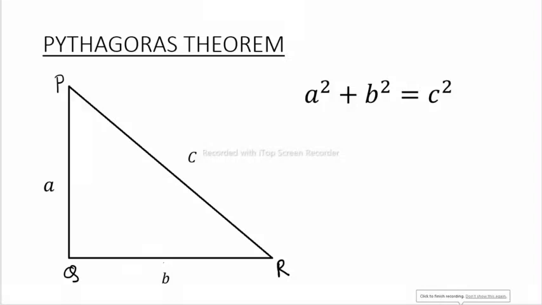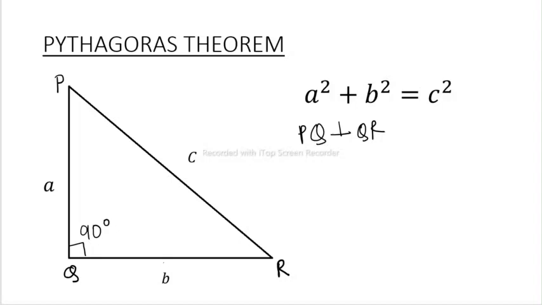Today we are going to study the Pythagoras theorem. It's a very easy theorem. Now what does this say is that whenever you have a right angle triangle, that means that one angle is 90 degrees. So what happens here is that PQ becomes perpendicular to QR because this angle is 90 degrees. So whenever you have such a situation, then if I find out the length of PQ, I square